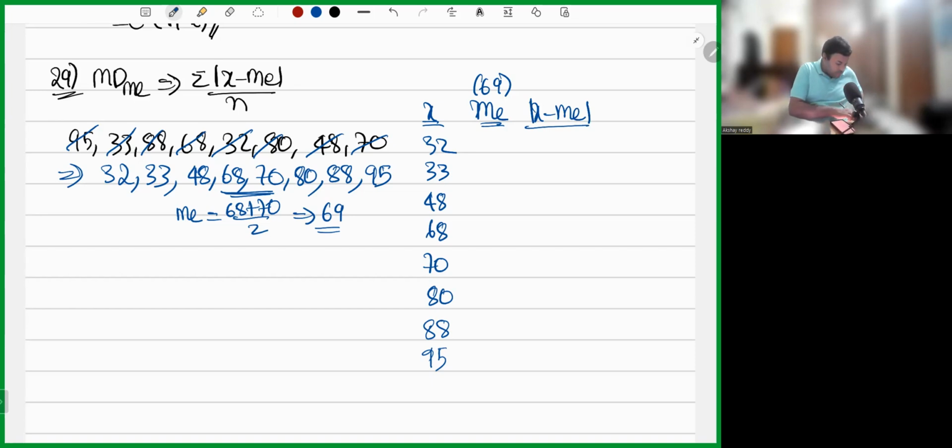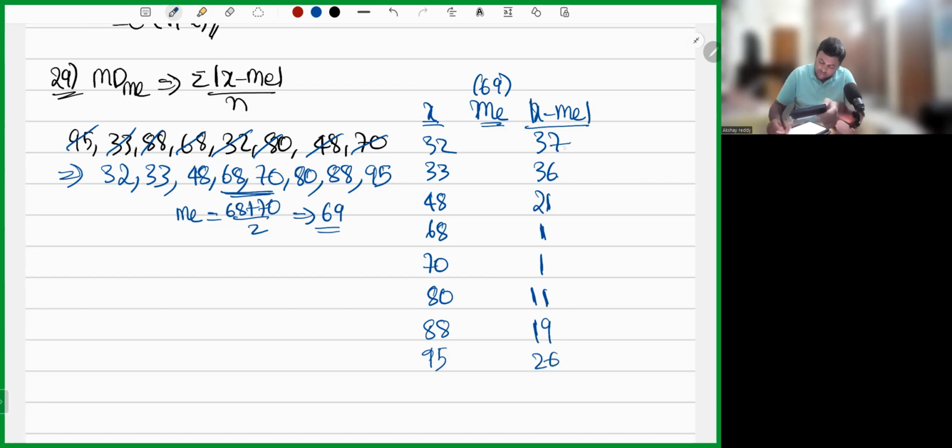So 32 minus 69, we have 37. 33 minus 69, we have 36. Next, 48 minus 69, 21. I'm not taking minus symbols. Why? Because we are not supposed to consider them because it is modulus. 68 minus 69, 70 minus 69, 80 minus 69, 88 minus 69, 95 minus 69,